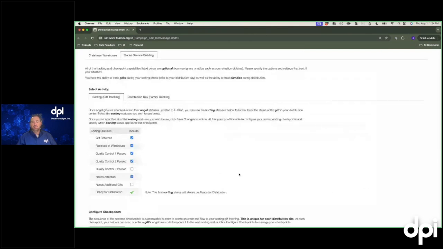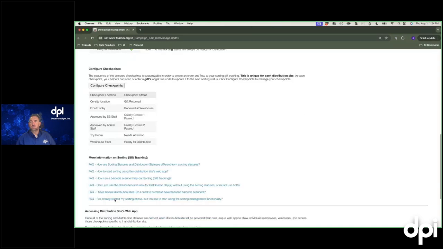Again, this is more complicated in the sense that there's more steps, but the more statuses we use, the more granular we can be, the more specific we can be. And I know time is always of the essence in the Christmas season, and so you might be saying to yourself, well, I can't utilize this many tools. But in the end, the process here is still the same. It just gives you a better understanding of what happens. And so if I go back to my distribution dashboard,